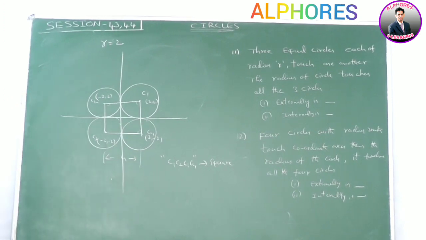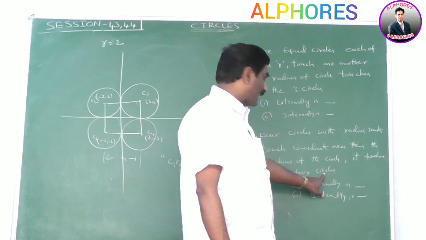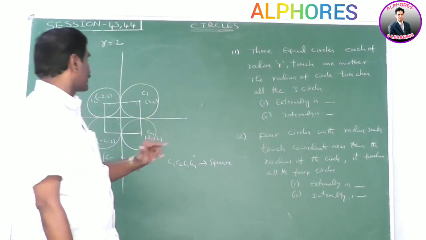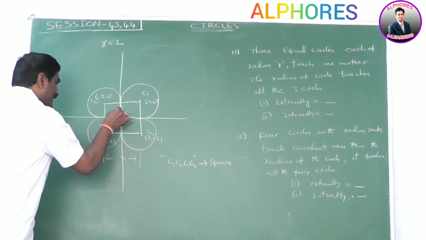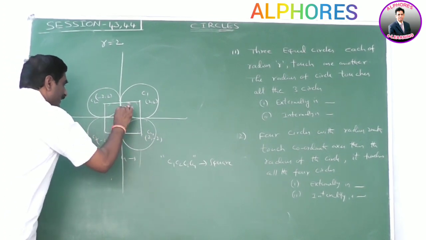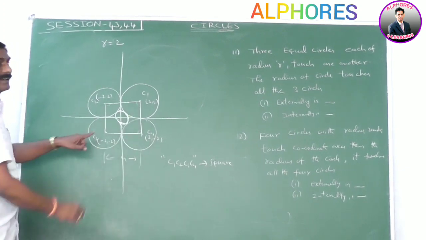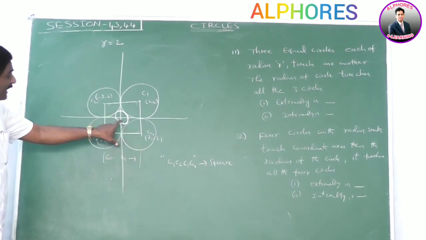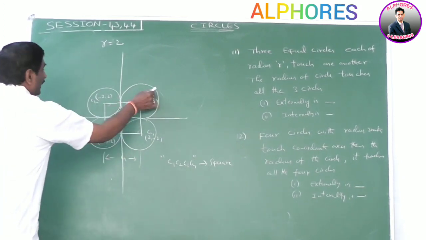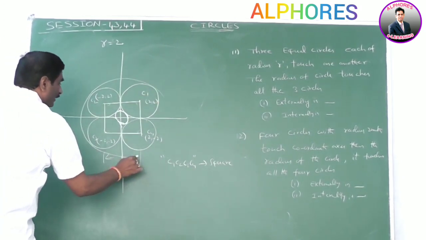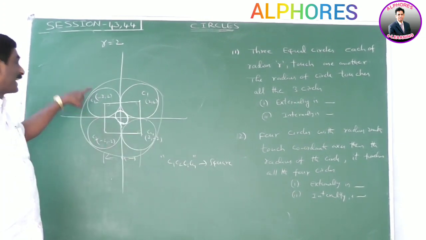Now, we find the radius of the circle which touches all the 4 circles, internally and externally. Here also there are 4 circles. Suppose one circle is there in this way. This circle touches all the four circles externally. In the same way, the circle is in this way. This circle also touches the four circles internally.